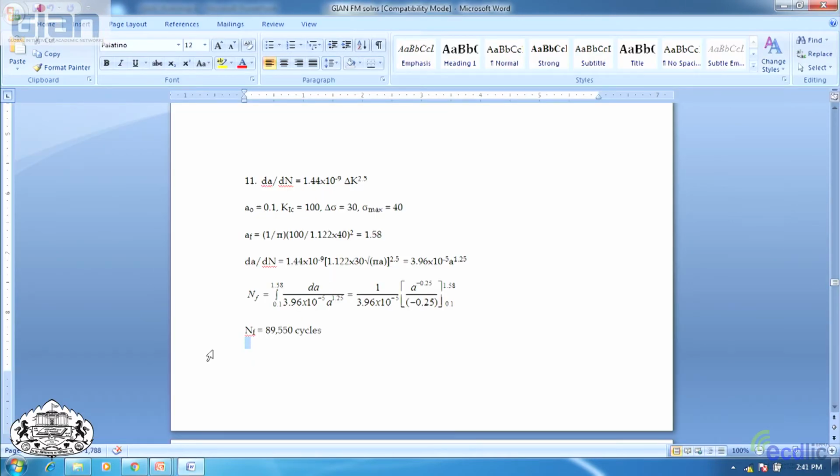We started with the crack growth rate law that we had developed earlier, and then the initial defect size is 0.1,